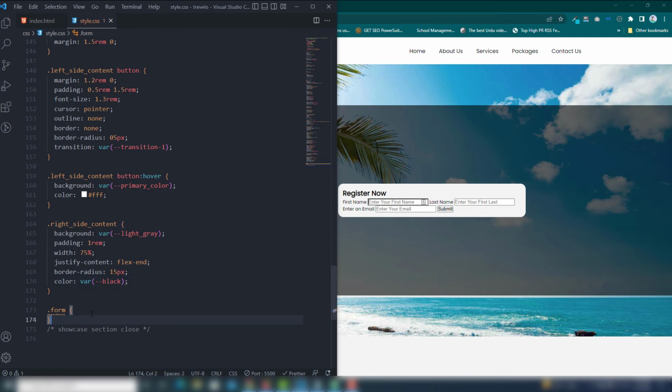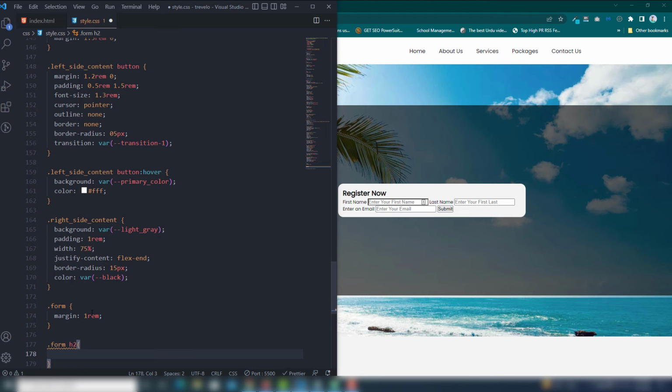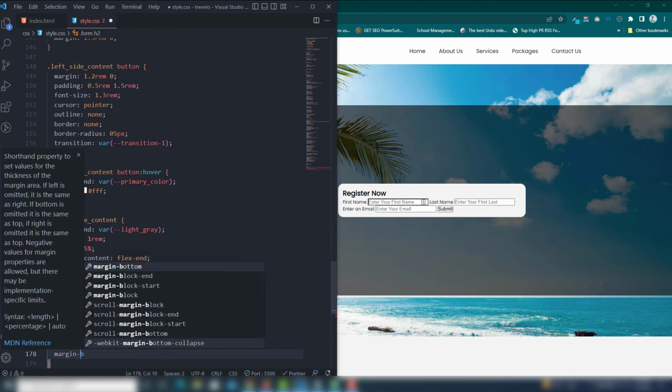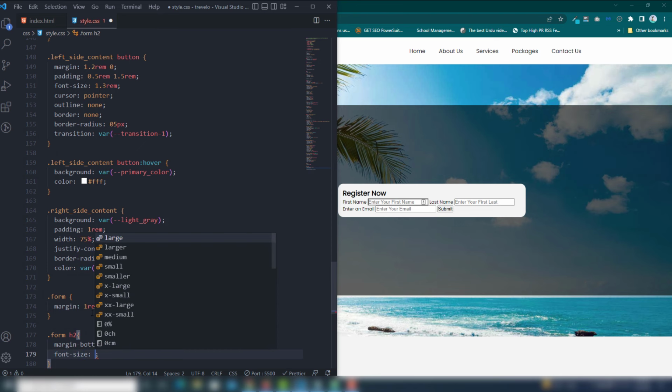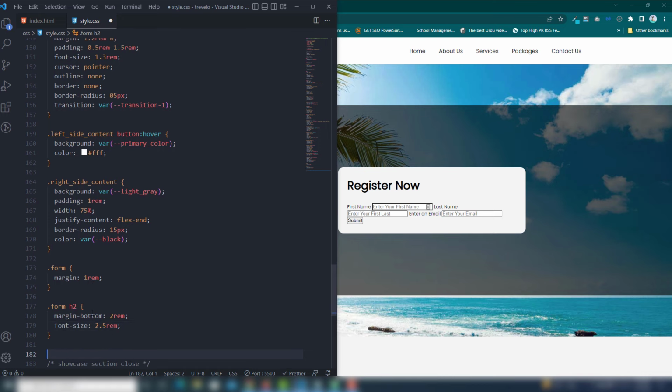Right, so for the form I'm going to use margin all sides 1rem, and the form has an h2, margin bottom I'm going to use 2rem, font size I'm going to use 2.5rem. So let's see, and I'm going to call form label,